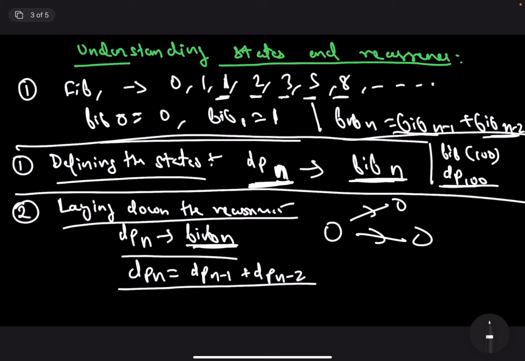So the recurrence relation and the definition of the states of the DP are very straightforward for this problem. We have already solved the first two subproblems. Now I will give a bonus for this section, and this bonus will start to make sense while solving the third subproblem. I'm going to discuss that bonus over here.